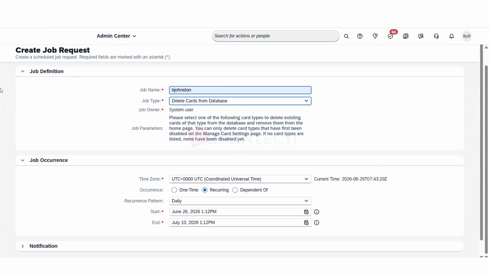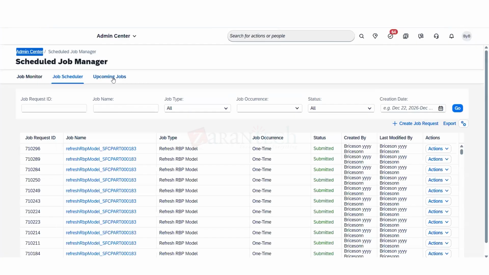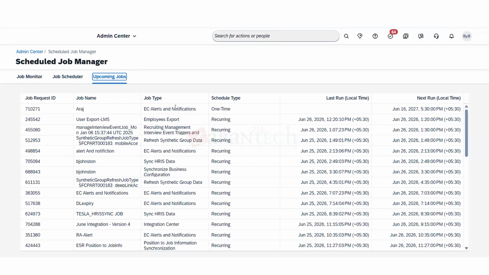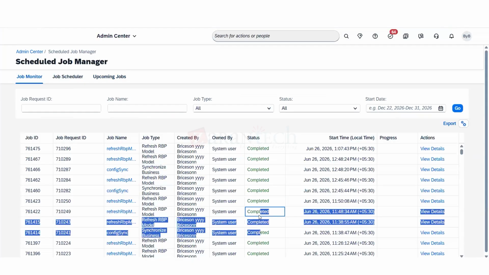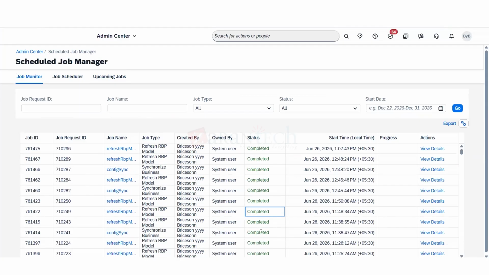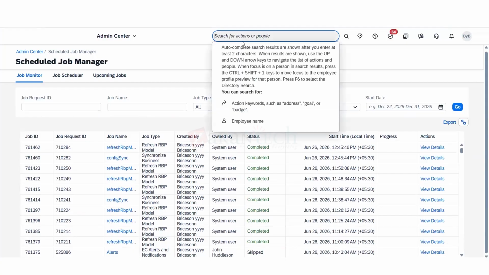So this is the job scheduler. This is upcoming job. In this section, you can see upcoming jobs, and this is job monitor. You can see the status of the jobs that the system has already run: completed, successful, pending, failed, skipped, all these things you can see. One more thing,